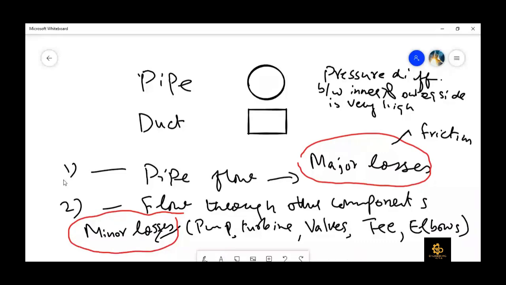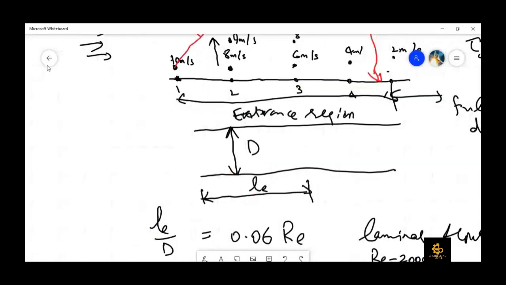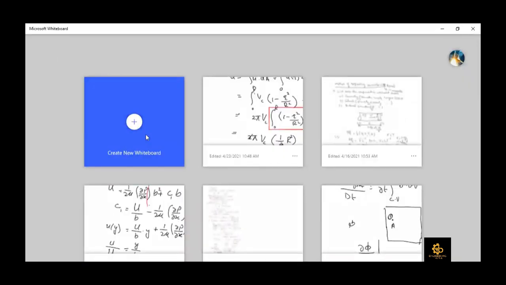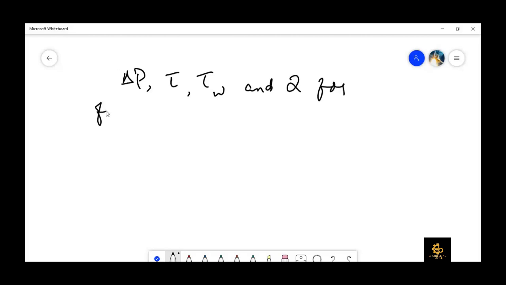So let me open a new one. In the last class, we discussed the relation of delta P, tau_w, and Q, which is the volume flow rate, for fully developed laminar steady